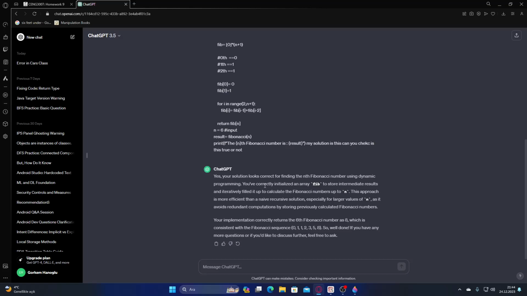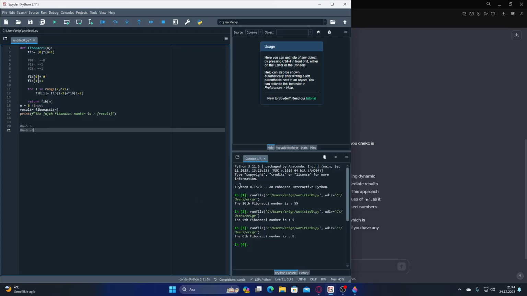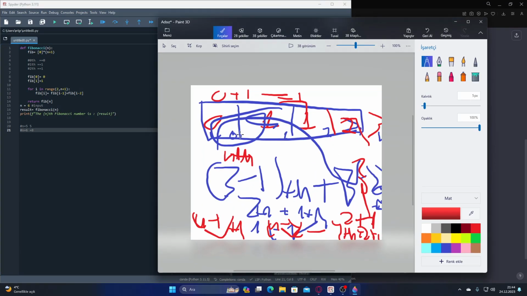Okay, this is a true solution, and in here, in the naive recursive solution, it's calculating one by one. It's just calculating 0, 1, 2, 3, 4, but it is not saving. So when you have to find the fifth value, you have to recalculate the fourth value and third value, because it's not saving them